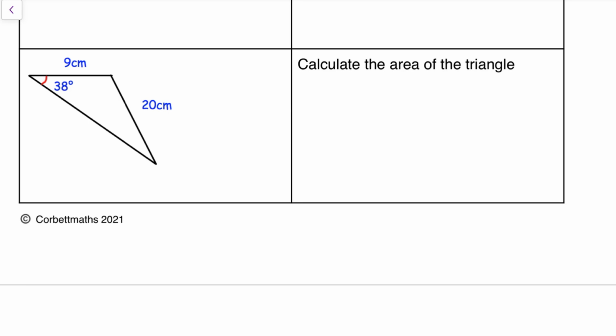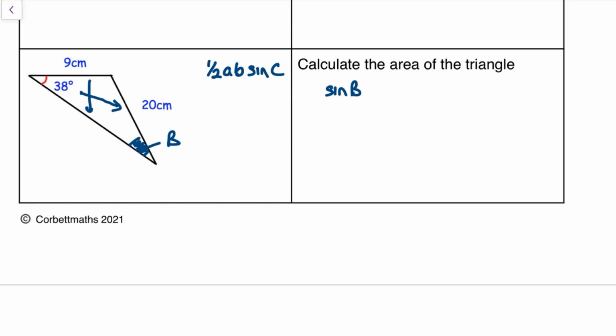Calculate the area of a triangle. Okay, so what's clever about this question is the area of a triangle is a half times the sides times sine of the angle in between. But I don't have an angle in between, do I? I do, however, have a side and an angle and a side and no angle. So I'm going to start by working out this angle here that I'm going to call B for no obvious reason. So I can say that